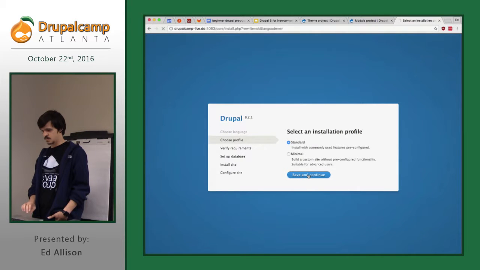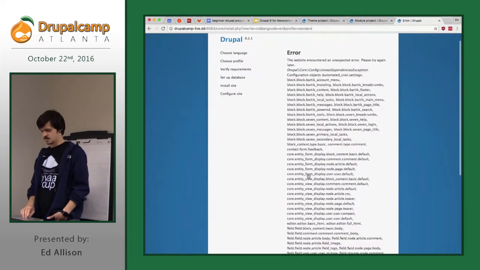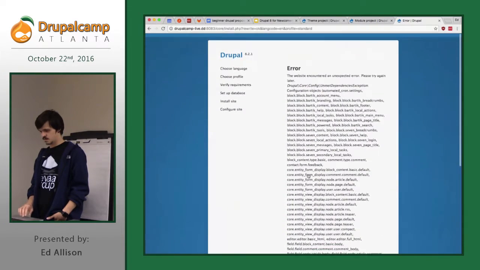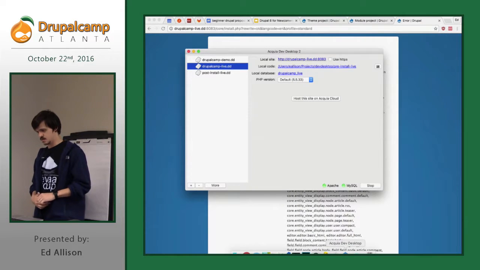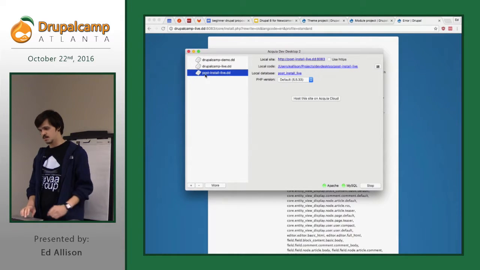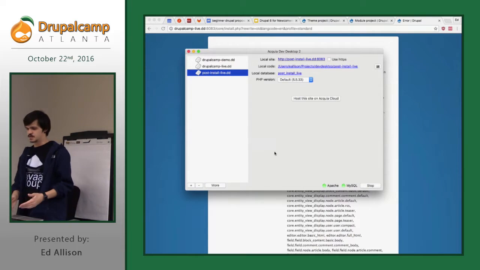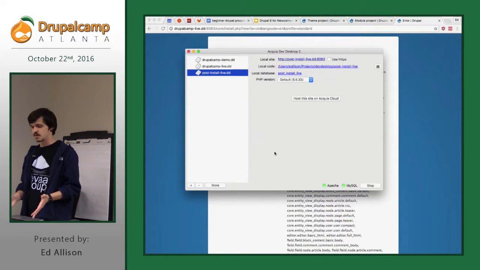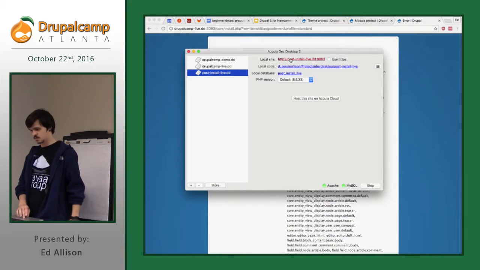Give it a second. Maybe I didn't click it hard enough. Okay, this may have something to do with the denial of service attacks that are going on, but good thing I have a redundant copy here. But assuming I had full internet connectivity, I would walk through the steps there to go ahead and install the site and eventually come to a screen